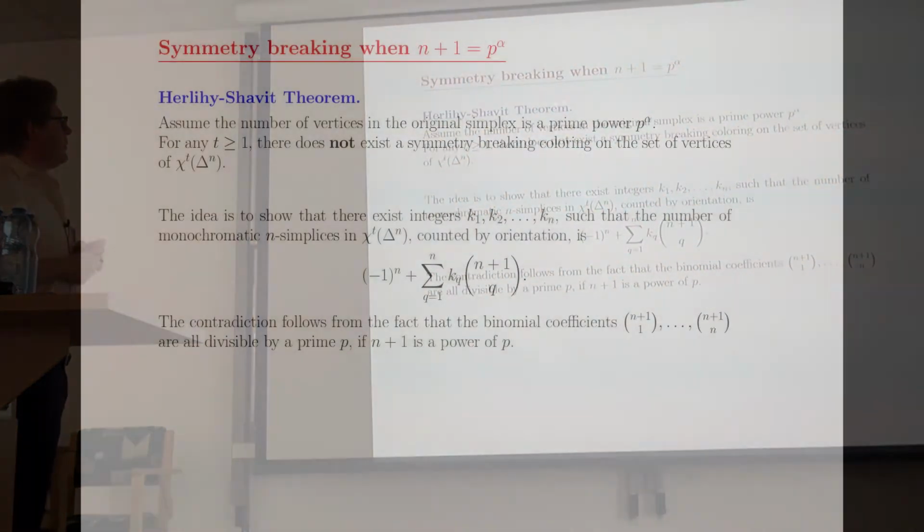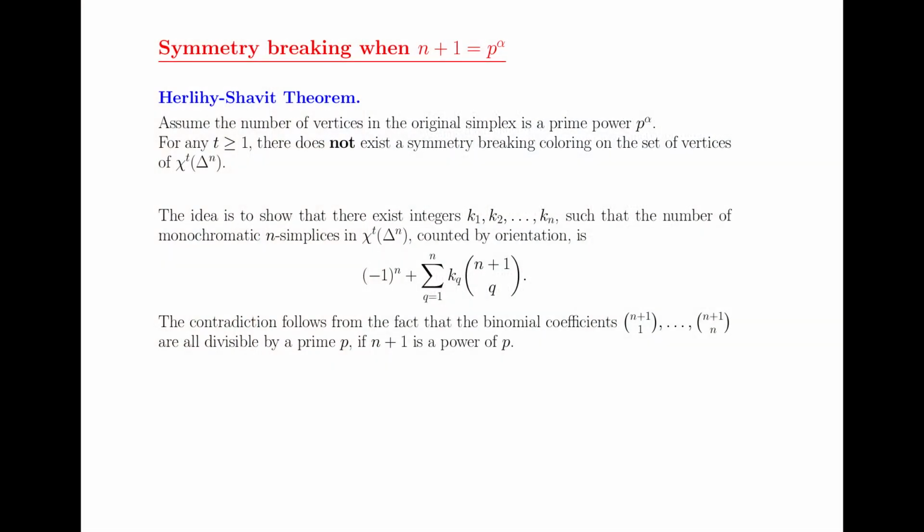So there was a theorem by Herlihy and Shavit, which said that you cannot solve weak symmetry breaking for any number of processes. End of story. Very standard theorem. There are a lot of theorems like this in computer science. You cannot solve it. Turned out it was wrong. They tried to use a fixed point theorem from topology in an incorrect setting. It only can be used if the number of vertices in the original simplex is a prime